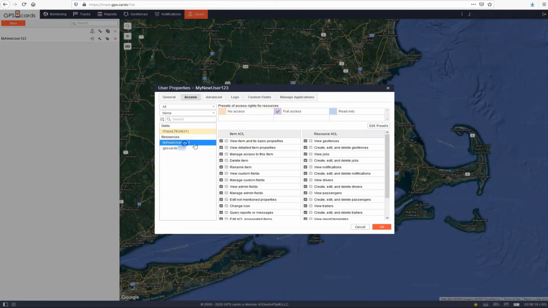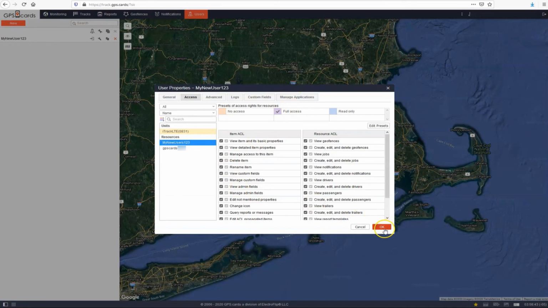So this is how you assign a user their own resource bucket so that they have their own set of notifications, their own set of reports, their own set of geofences, and so on, as if they had their own master account, yet they are just a sub account of your main account.